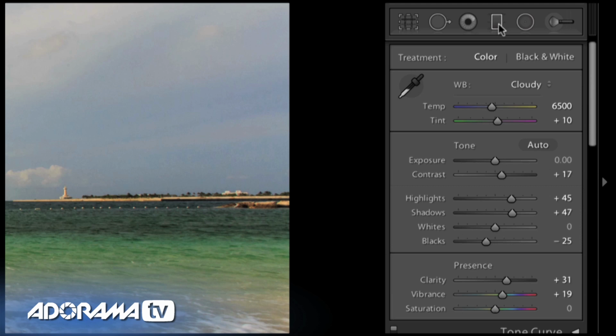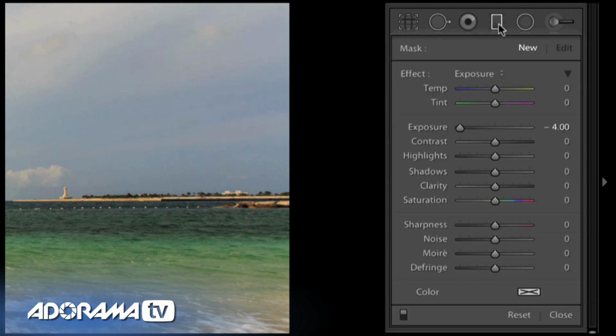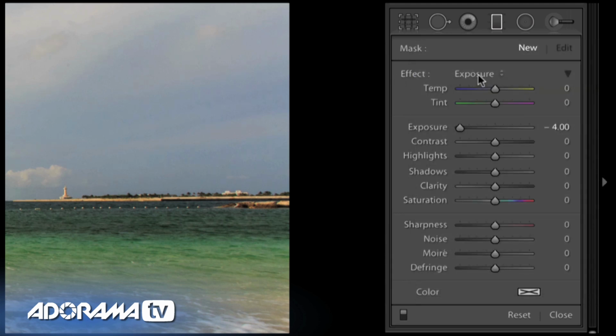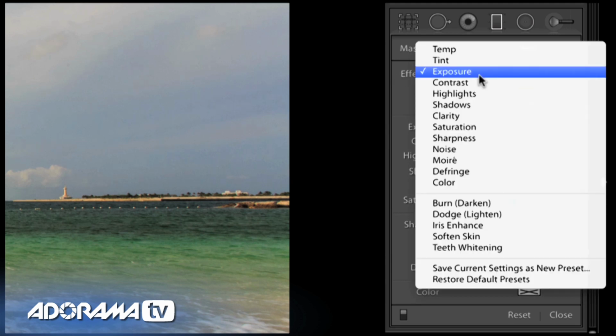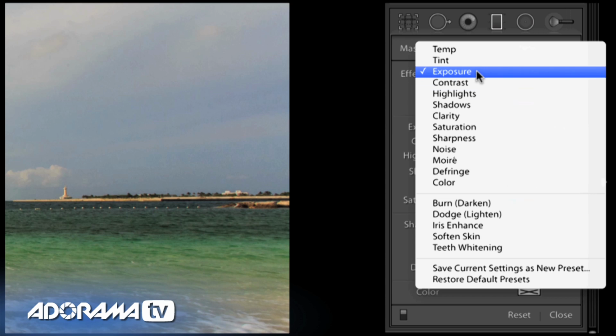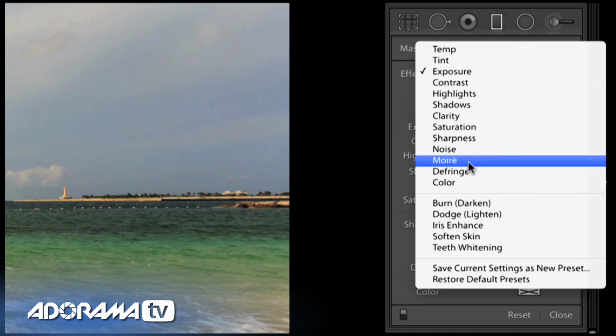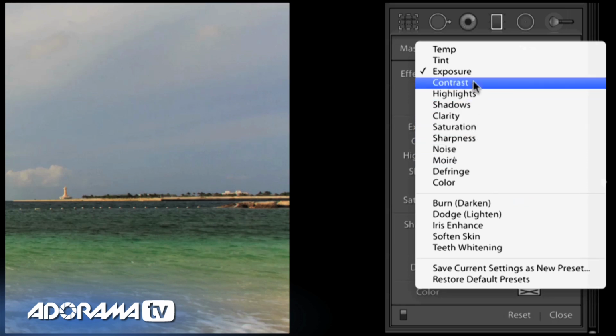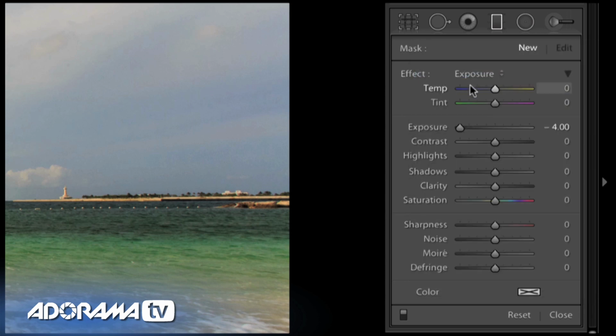So the very first thing I'm going to do is click on my graduated filter, and then it's going to ask me what kind of effect I want. Right here you've got this effect. These are not presets, but they are settings that will help you get started for doing certain things like changing the temperature or the tint or exposure or contrast. If you click on one of those, it'll already have your settings changed for you as a starting point. It doesn't matter which one of these you click on, you can still change anything you want inside this graduated filter. But just to get us going, I'm going to click exposure,